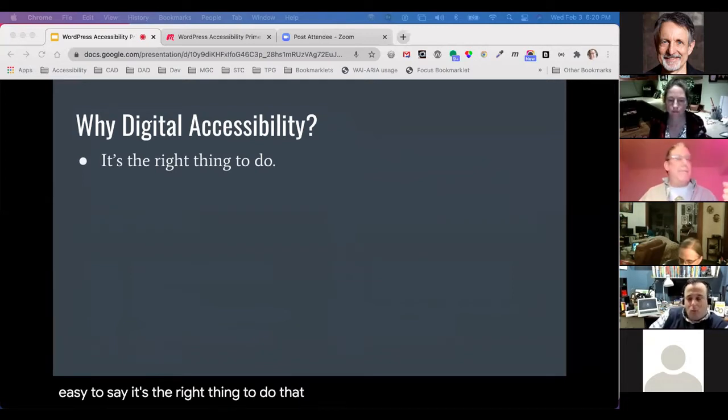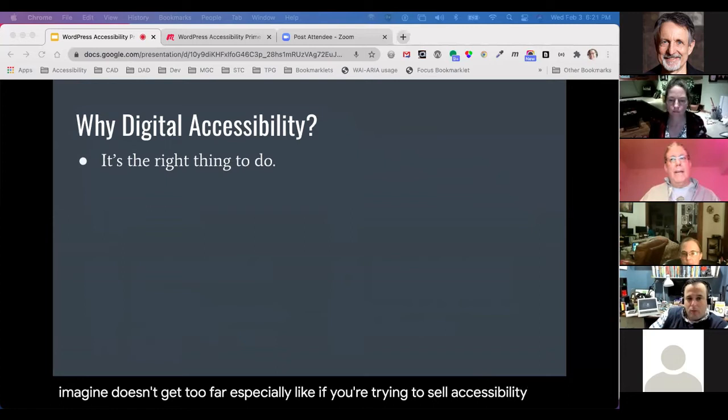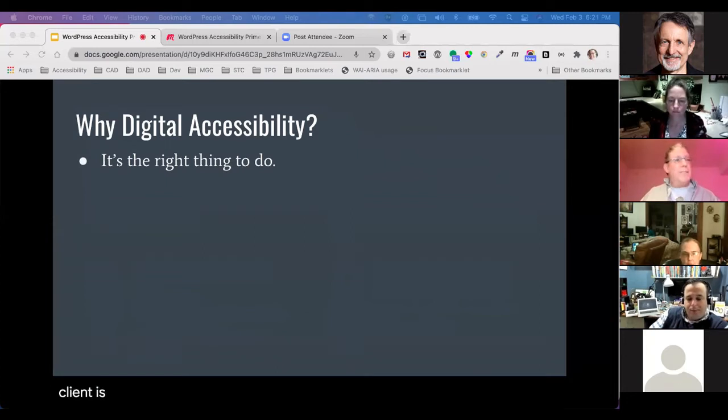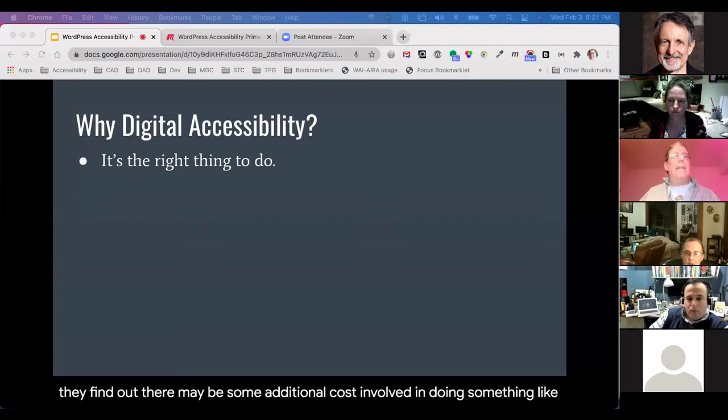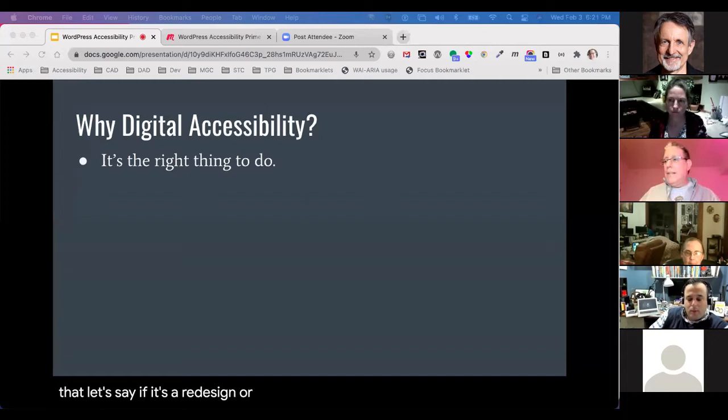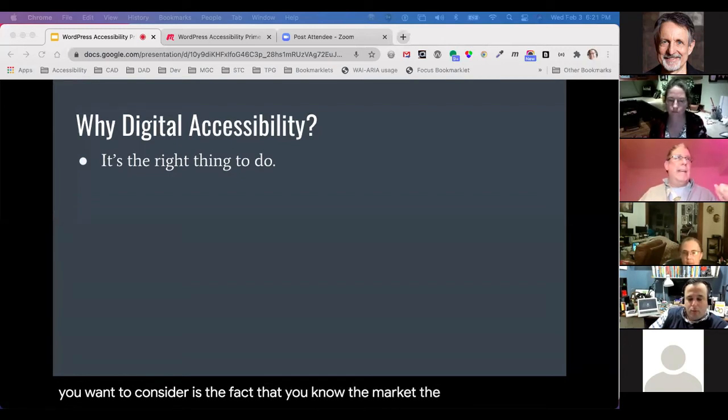That, from my experience, and as you can imagine, doesn't get too far, especially if you're trying to sell accessibility to a client and say, hey, it's the right thing to do, we should do accessibility. But when they find out there may be some additional cost involved, let's say if it's a redesign or you're adding a new feature that needs some additional development work, they may not want to pay for it. But the one thing you want to consider is the market, the disability market,